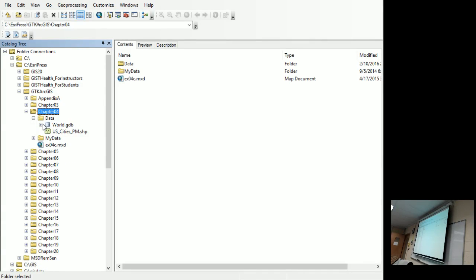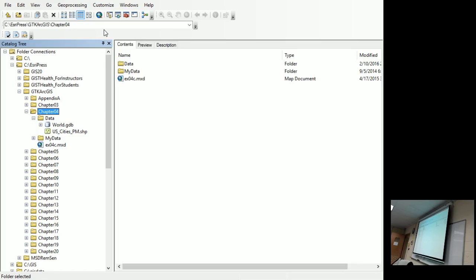Okay, I think I probably got ahead of myself. So step 8, expand world DB. And step 9, toolbar, make sure the details button is active. Yep. Step 10, click World DB in the catalog display, make sure the contents tab is active. Yep. And step 11, in the standard toolbar, click each of the buttons to change the look of it.